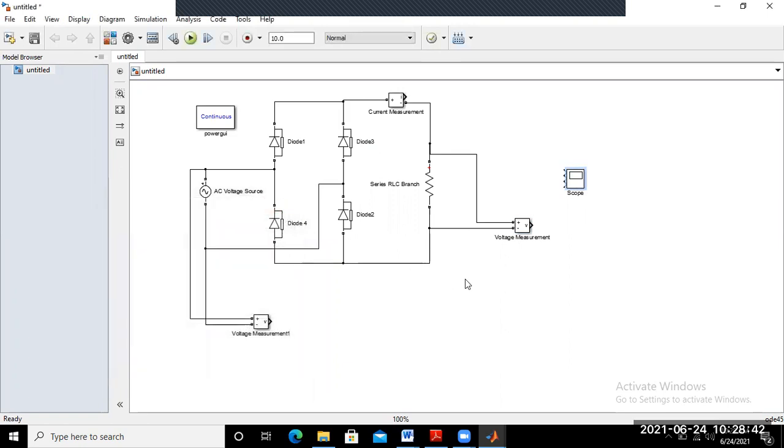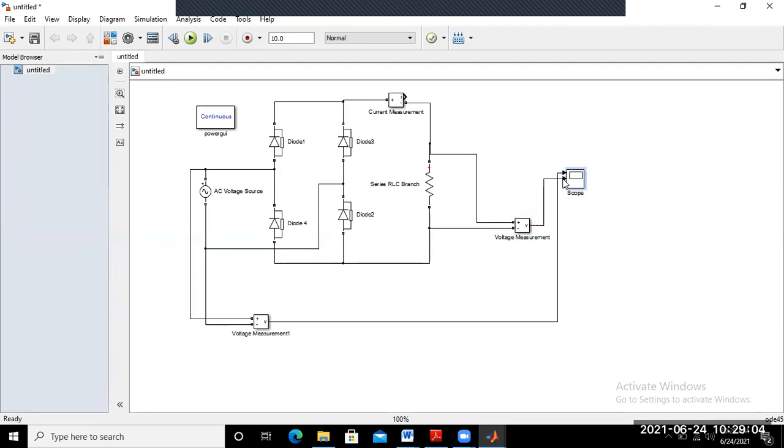Now you just connect the voltmeter. So the first one represents the input voltage, and this voltmeter represents the output voltage.